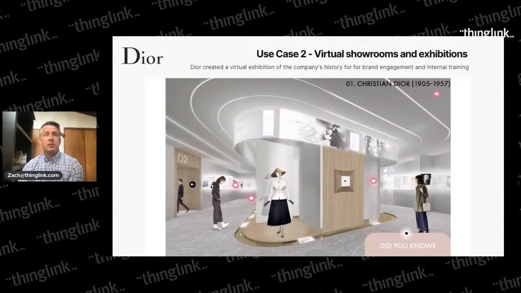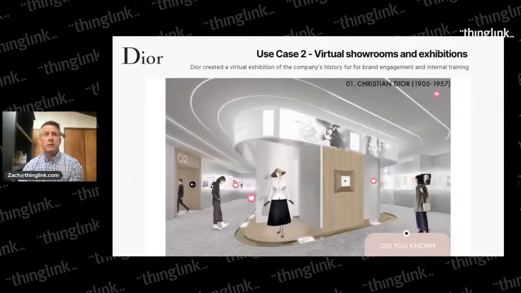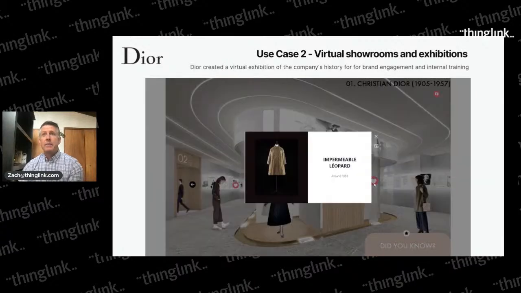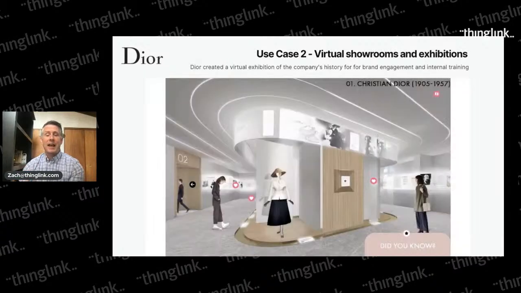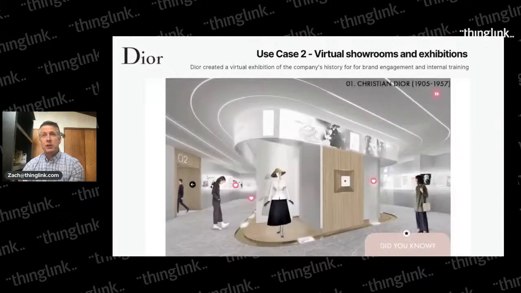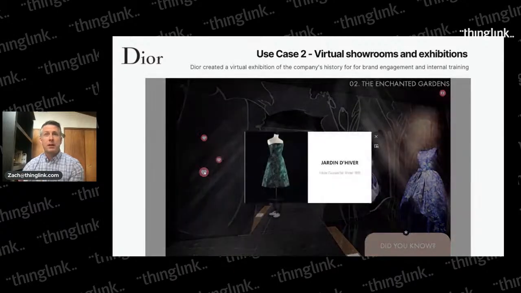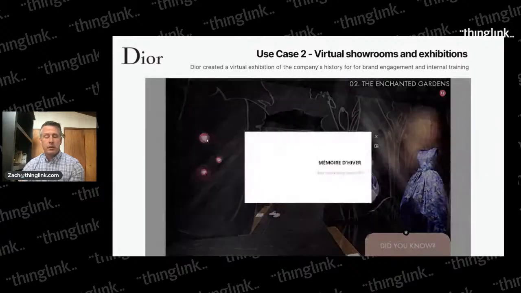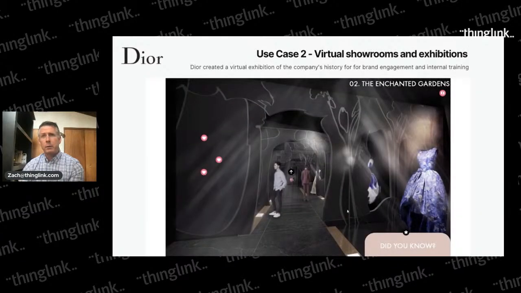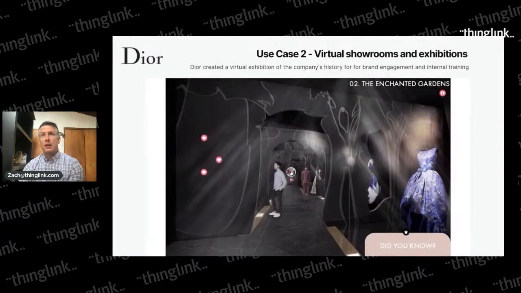Another one, obviously, Dior, internationally known brand. They really wanted to focus on the culture and the history and understanding the design aspects of how Christian Dior came up with a lot of the core concepts of their brand. So this is a virtual showroom, a virtual walkthrough that helps anyone new to Dior understand a little bit more about their product, their company, their history, design inspirations, and